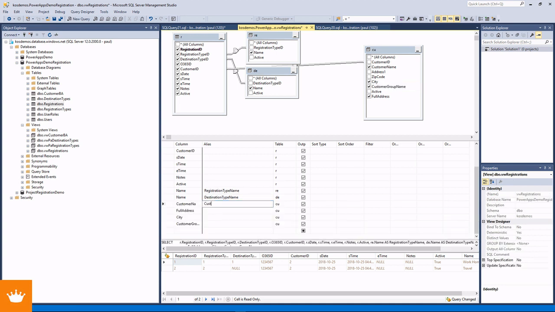So customer name, and it's the same, but still, you see this is unique and it's the same as the alias, so it will erase itself. Customer full address, customer city,